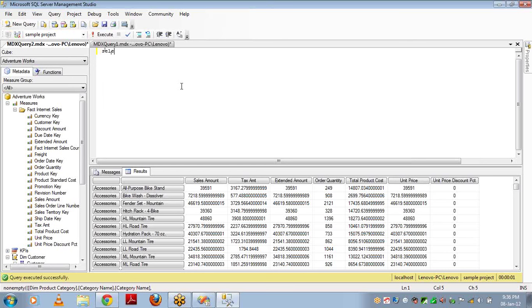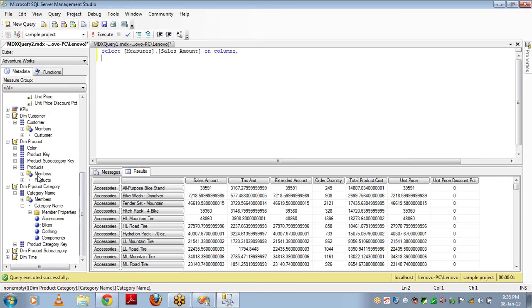And now let's see how to pull top n number of records based on some measure. For that, let me use the sales amount as the measure here to check whether we are getting correct values or not. Select sales amount on columns, and I'm taking product name on rows from the cube name.